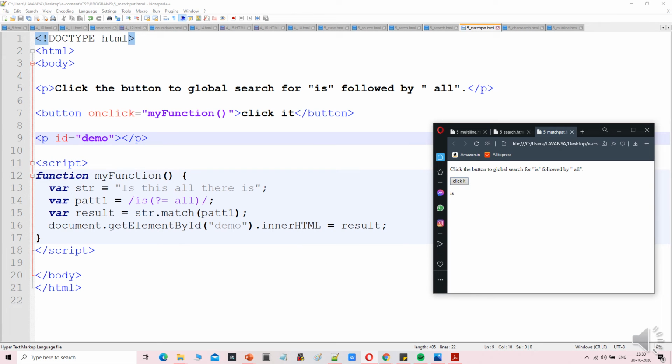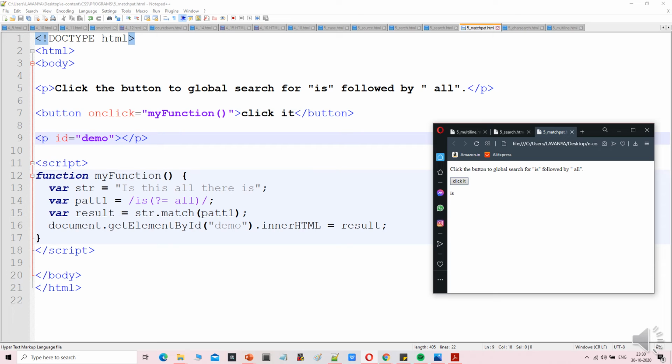now this is the program for global search for is followed by all. So this is the code, and here the pattern is different, means /is(?=all)/g, means it will search each string followed by all. So our string is this all there is. Okay, then in this string it will search /is and in the bracket ?=all.